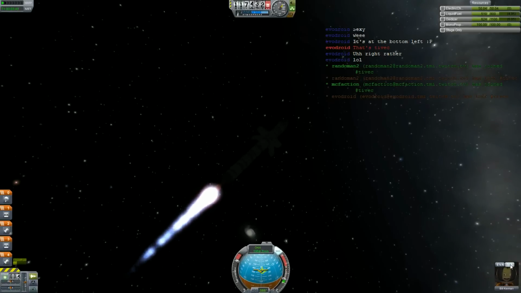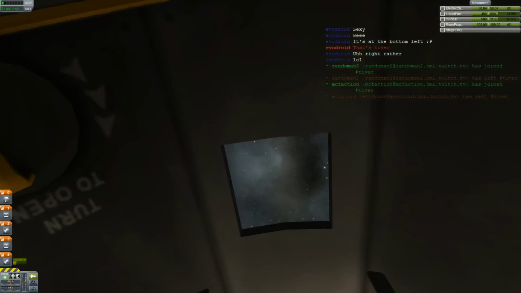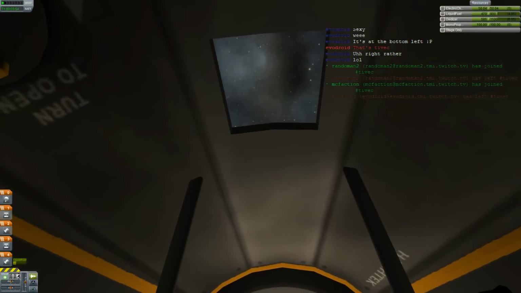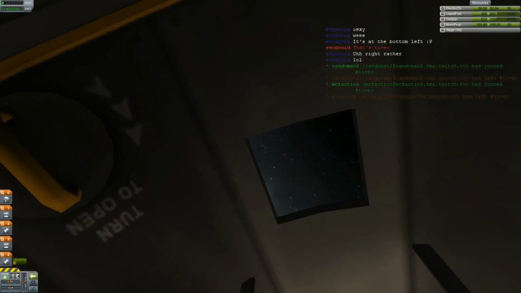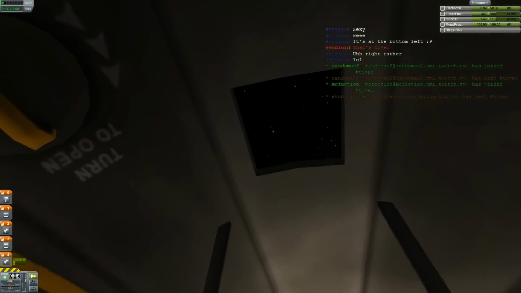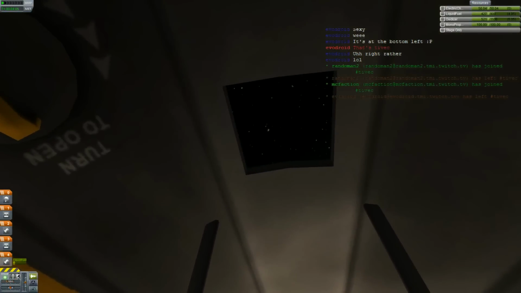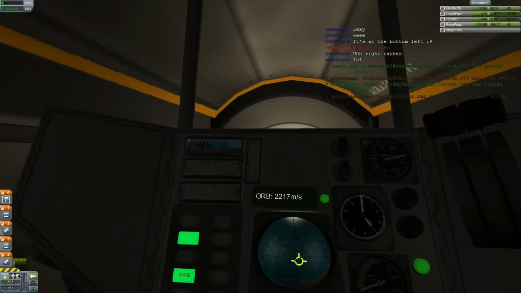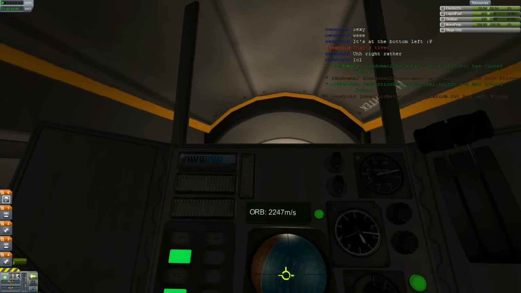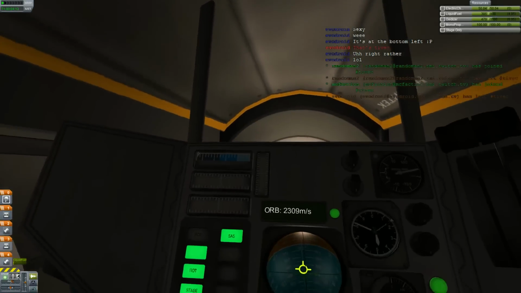Can I... Yep. I can watch from the inside. Can turn around so that he can watch the ground. No, I want you to turn around. No. We have to do this. Oh, you can't actually see it. Oh